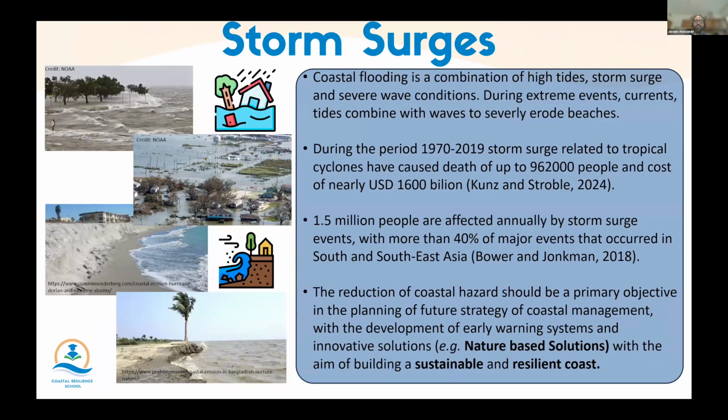So, storm surge, what is it? Usually it is a combination of high tides, severe wave conditions, and high winds that combine and severely erode beaches. 1.5 million people are affected annually by storm surge, and 40% of these major events occur in South and Southeast Asia. So it's very important to deal with coastal hazard and to plan future strategy of coastal management